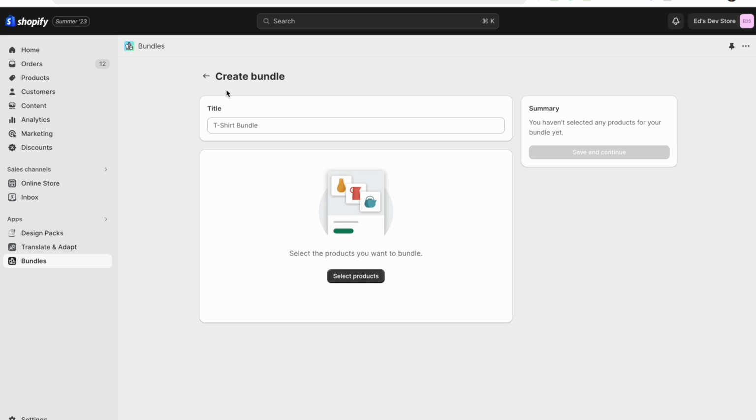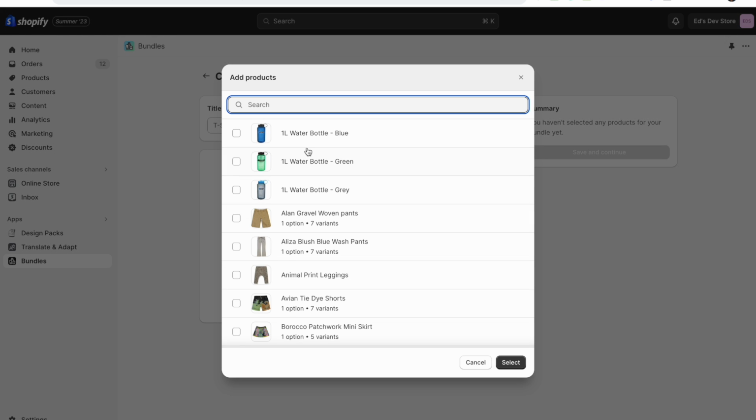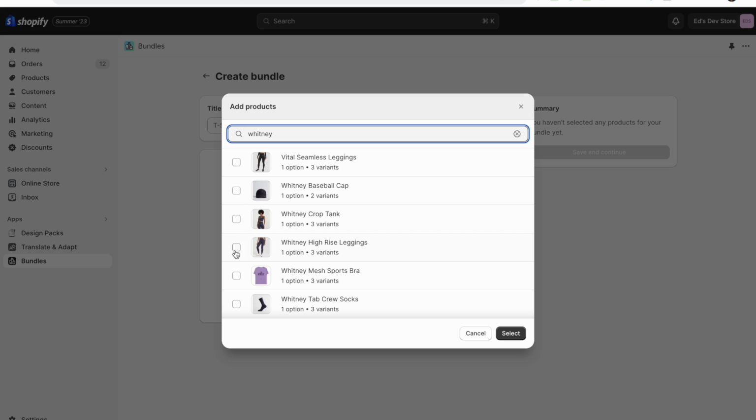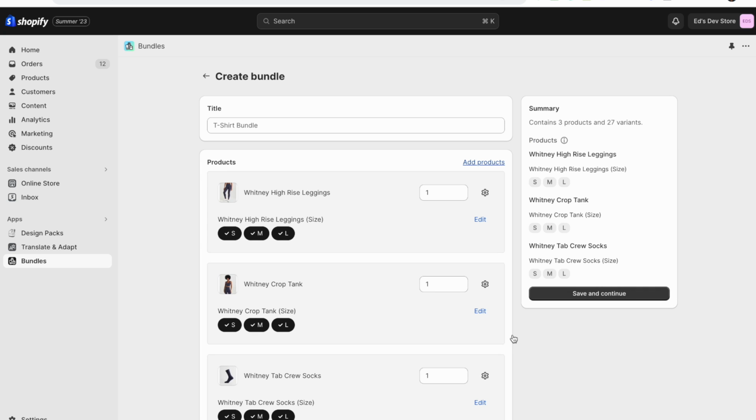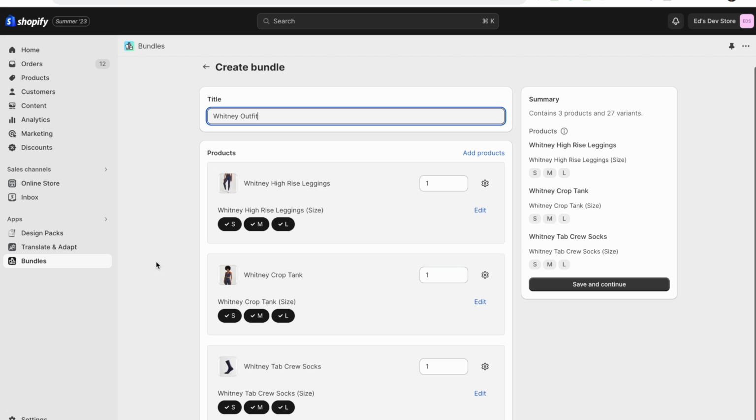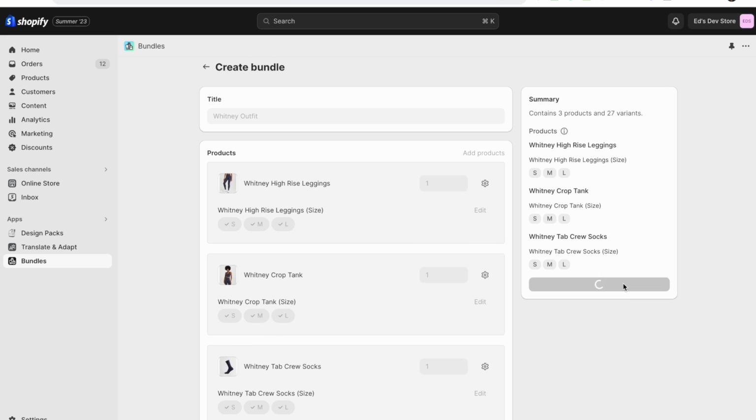And it's very simple. Create a bundle, select which products you want to be in this bundle, and I have these gym clothing products that I use for an example. The leggings, the tank, the socks, 3 products, right? Let's call this the Whitney outfit, right? And as you can see, I can select which options I want to include in this bundle product, save and